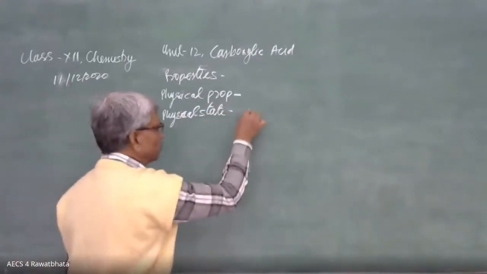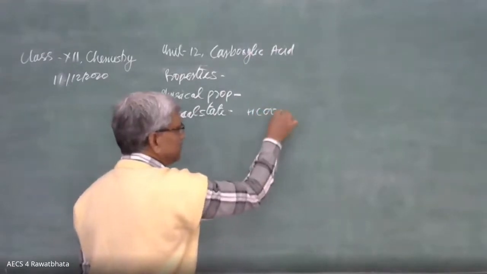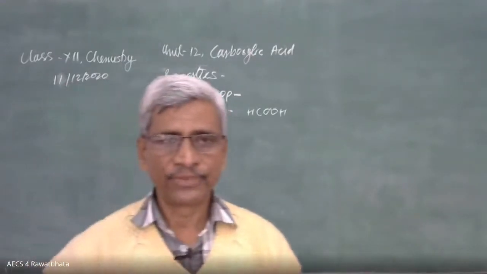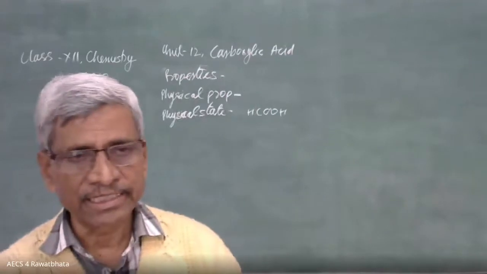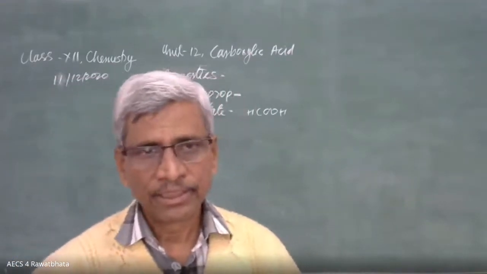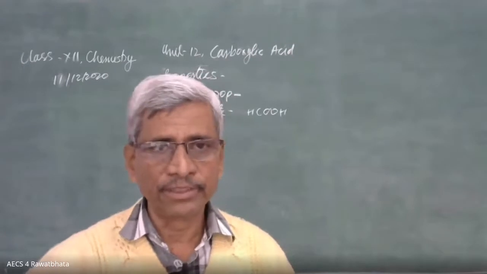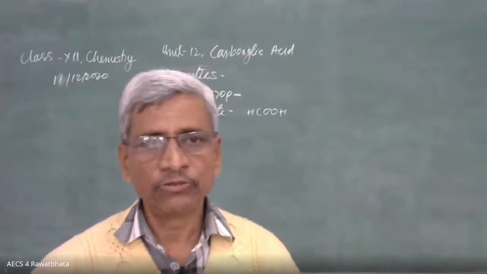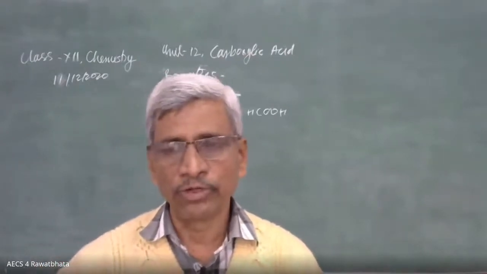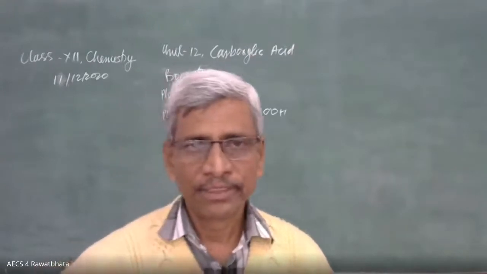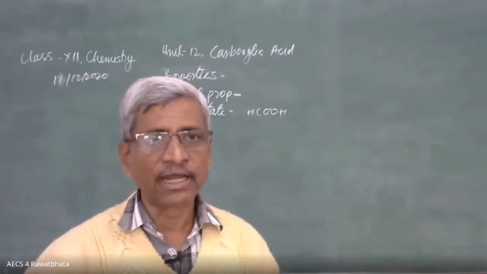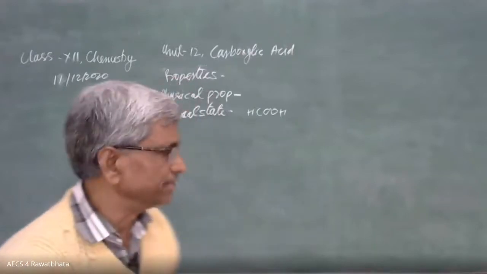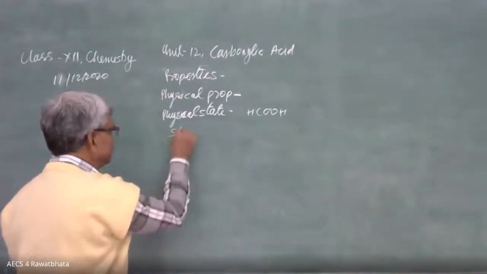lower members like formic acid, HCOOH, acetic acid, and higher members, they are in liquid state. They have a strong smell of carboxylic acid, a peculiar smell. And when the number of carbon atoms is near about 9, it becomes so viscous, solid state, and finally it is going to be solidified because, with the long chain, the intermolecular force of attraction becomes stronger. So they exist in liquid state, lower members, and higher members in solid state, and density increases with increase of the carbon atoms in the chain. The another is solubility.